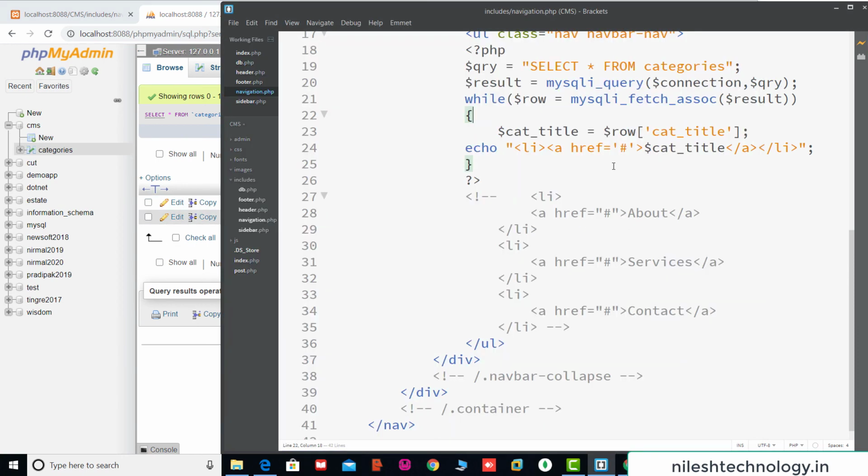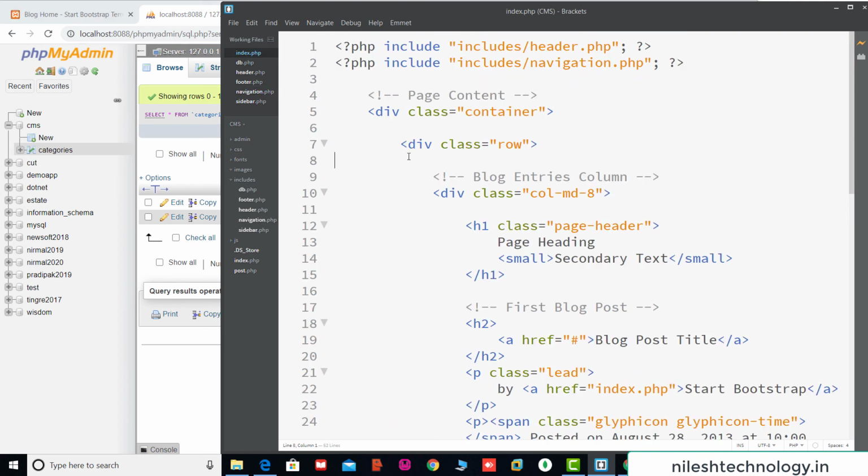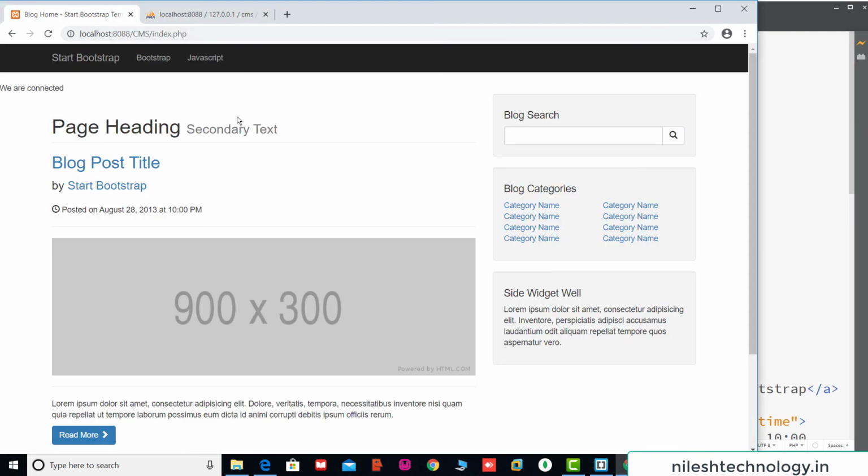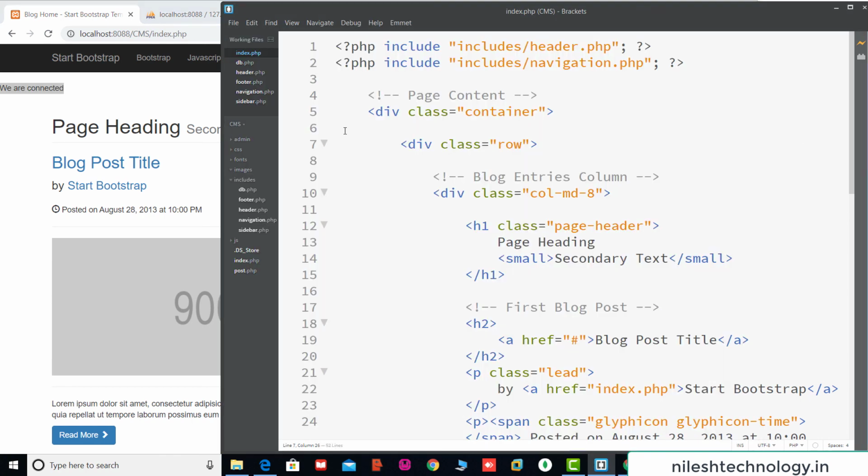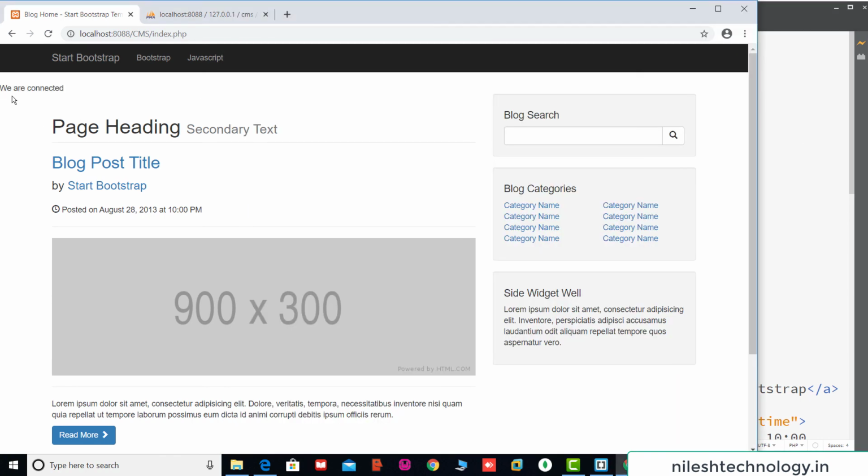Here we test this code. Save these changes with Ctrl S, and run your index.php file. See here, Bootstrap and JavaScript, and this message, we are connected. Now here we remove this message, as there is no need to display it again and again.